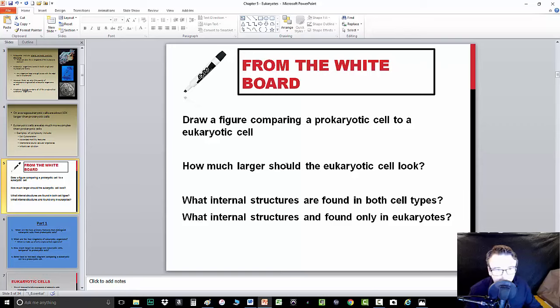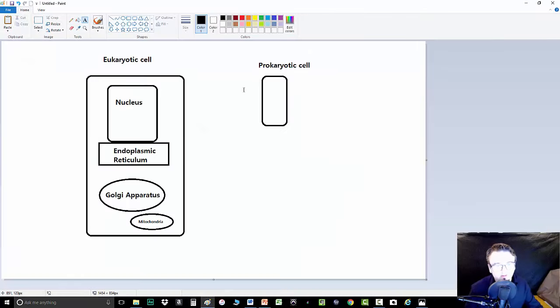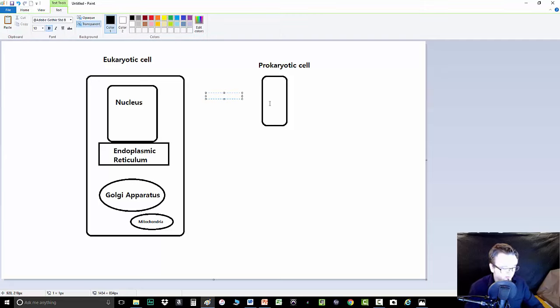Sorry, I'm going a little bit out of order here. Now notice I haven't really done anything to the prokaryote, and that's somewhat intentional. Now we will add a few things in here. So let's talk about a few things that would be common to both. One of these would be